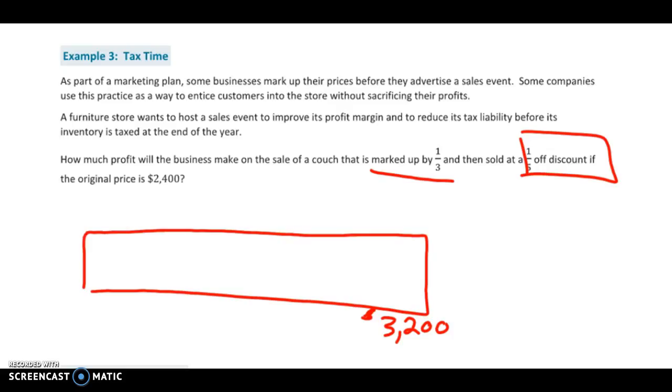It says a 1/5 off discount, right? This is what you're used to, 1/5 off. So your tape diagram can be broken up into fifths. It does not really matter with your artistic skills. What I'm looking for is 5 sections. Now $3,200, you still have your calculators. How big is each fifth going to be? $3,200 divided into 5 equal pieces. How much is each piece worth? All right, each piece is going to be worth